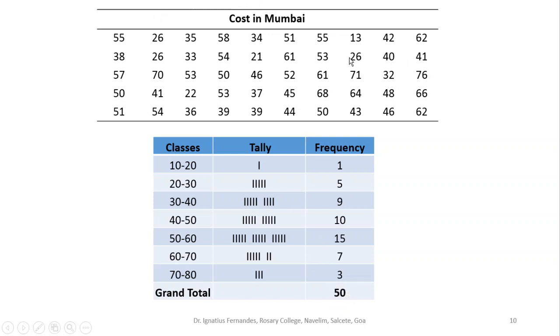So I have put this data into a table here. Corresponding to the classes, I have written the frequencies here. This table is called a frequency distribution table. Okay, we are writing how the frequencies are distributed for these classes. Now at least we'll be in a better position to derive some information from this. As we compare the raw data and this table, this is in a better form to understand.